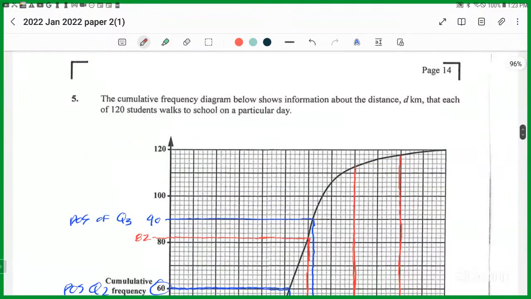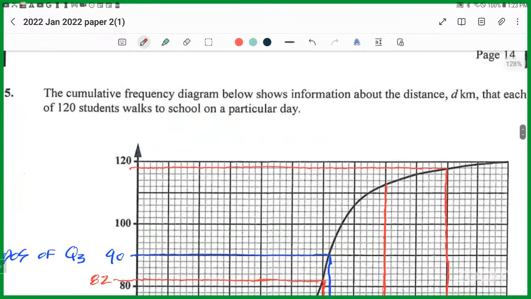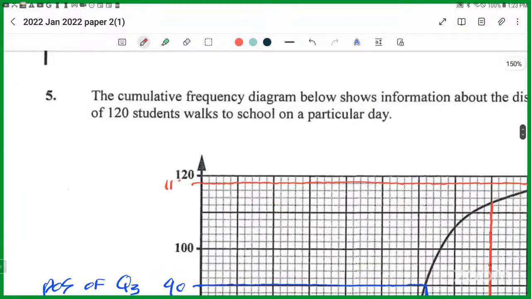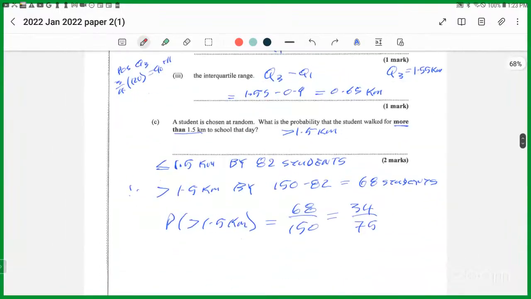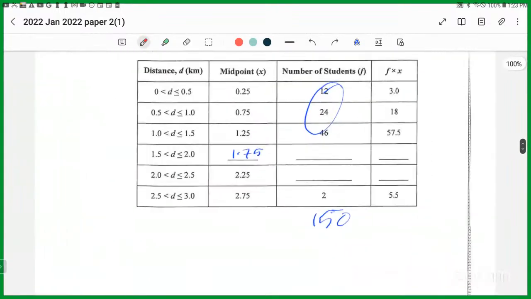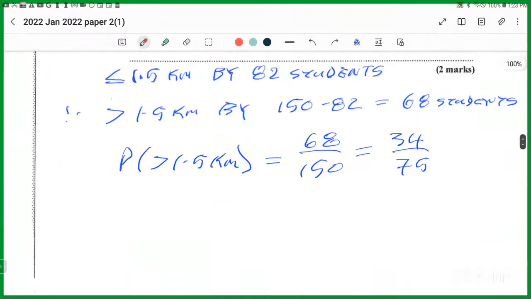Right? So this one up here is 118. The last interval is 2. See there on the table. The last interval is 2. See there up to the top. All right? And the interval before that